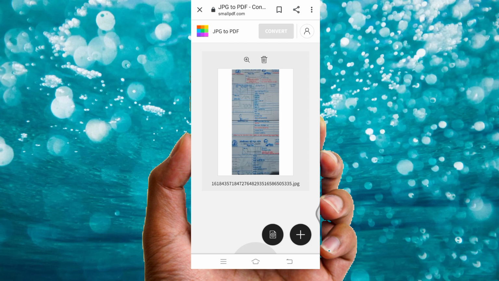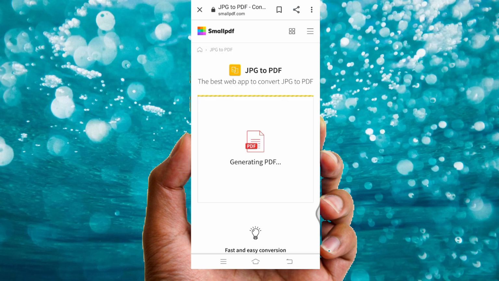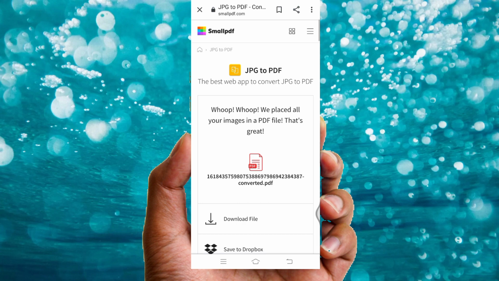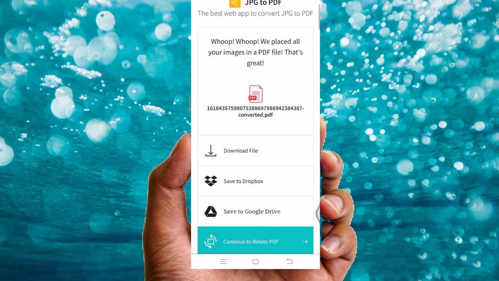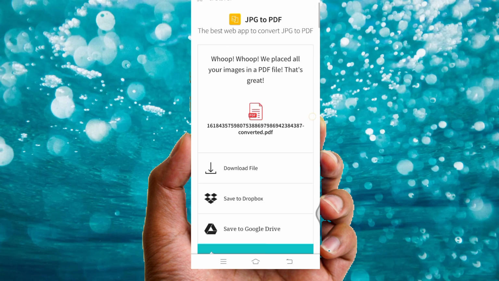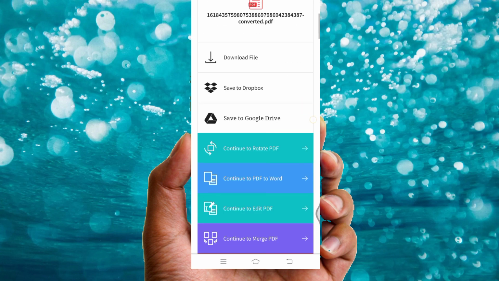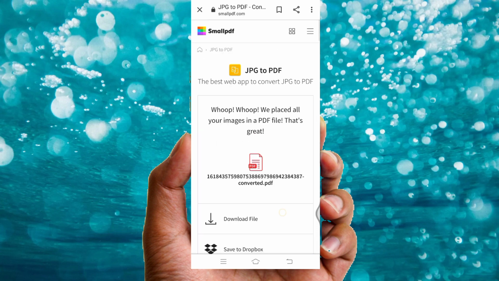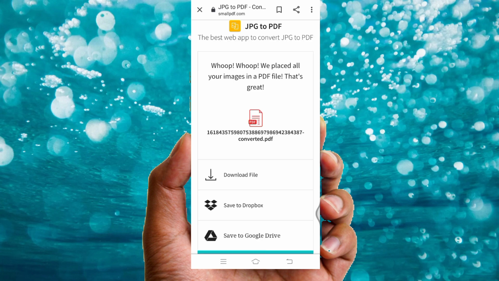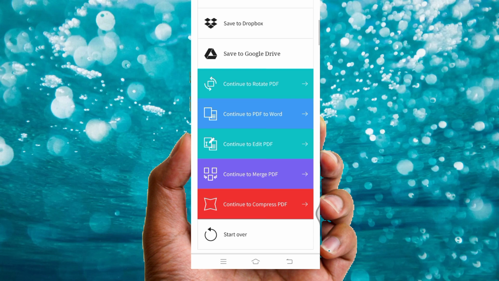When you press OK, see, it's converting our file. Okay, see, it has already converted our file. Okay, when you convert our file, check there, the JPG to PDF file. There is also a download option, you can download it also. Okay, I press download. When I press download, it is already downloading our